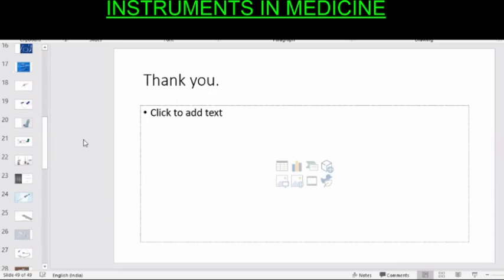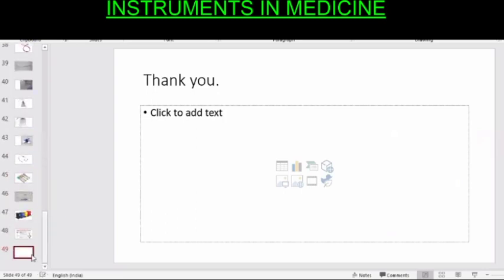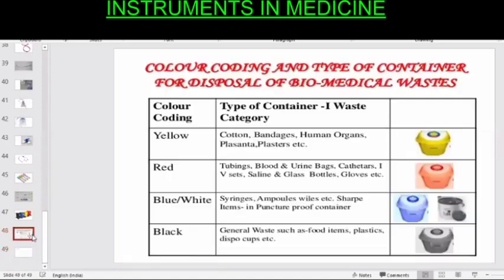So there is a question, do we use the black bag? Was there some change in protocol? Do we still use the black bag? Yes, black bags are used in the wards. Okay. We have the yellow bag, the red bag, and black bags. So was there any change in protocol recently regarding black bag? I don't have any idea. If there is a change, I will let you know.